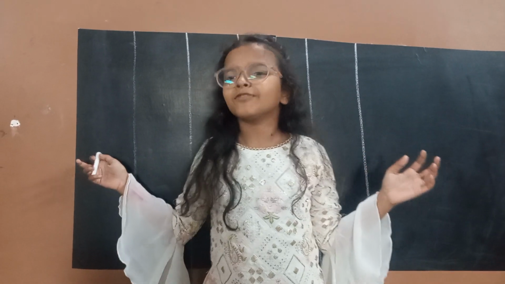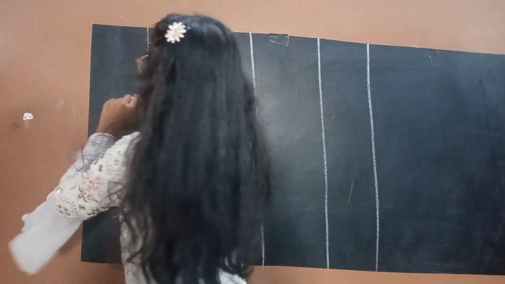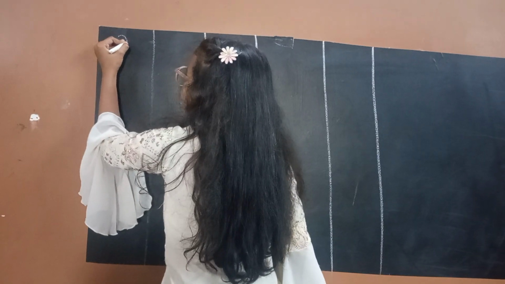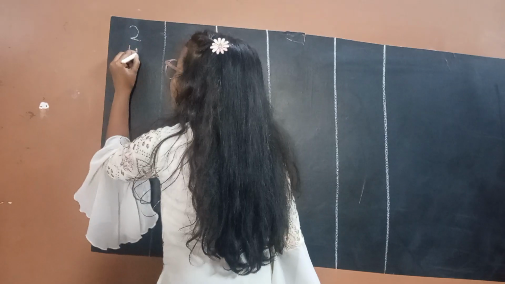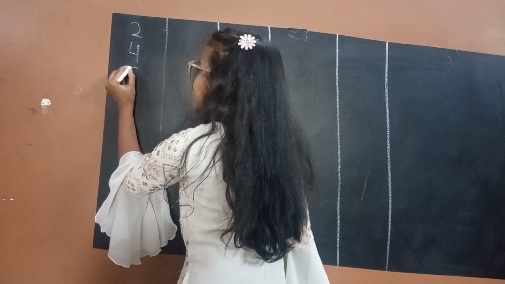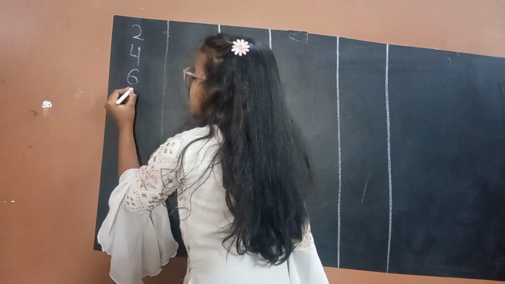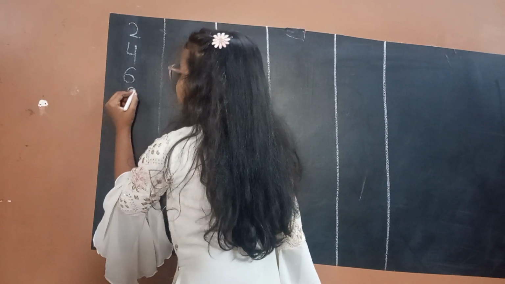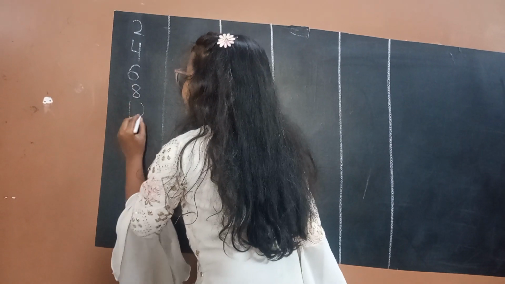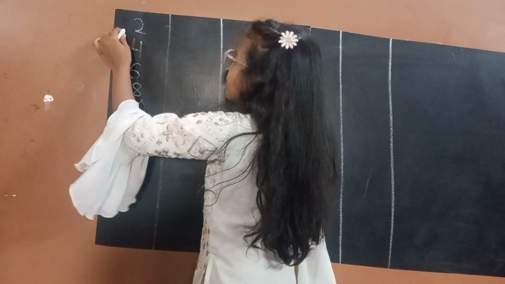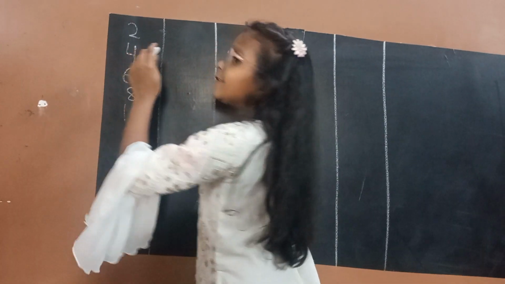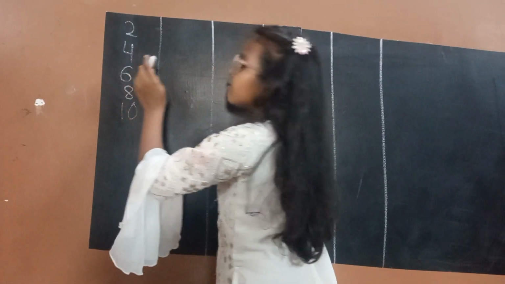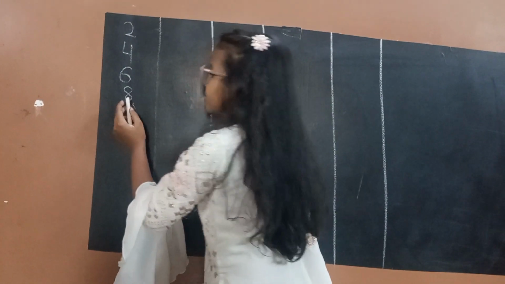Basic class. Today we will do the 2 table. 2 1s are 2, 2 2s are 4, 2 3s are 6, 2 4s are 8, 2 5s are 10. Let's repeat. 2 1s are 2, 2 2s are 4, 2 3s are 6, 2 4s are 8, 2 5s